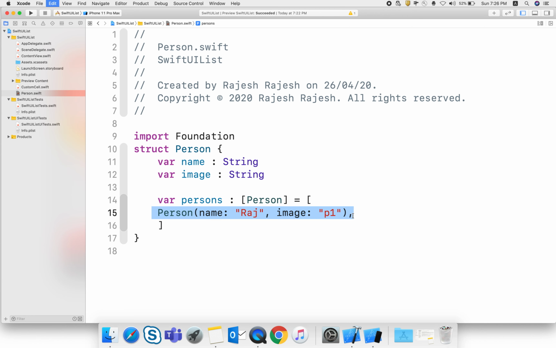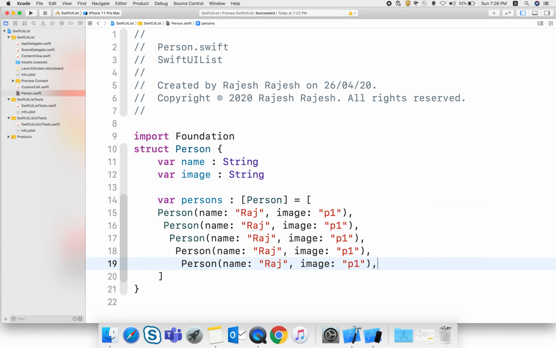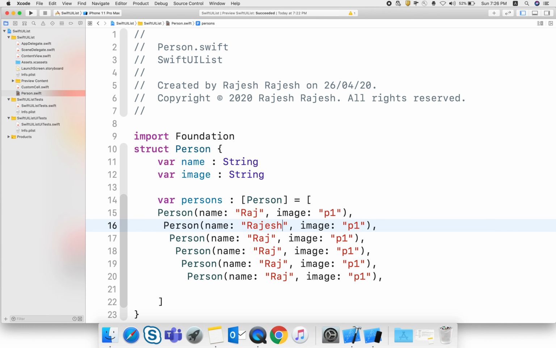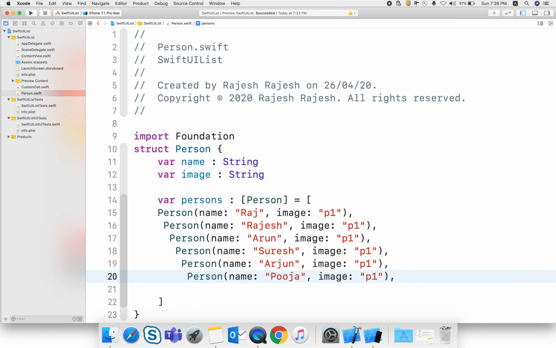Then just copy and paste for however many rows you want to create, with whatever names you want. Now our model data is created, and we make it static so we can retrieve it easily.